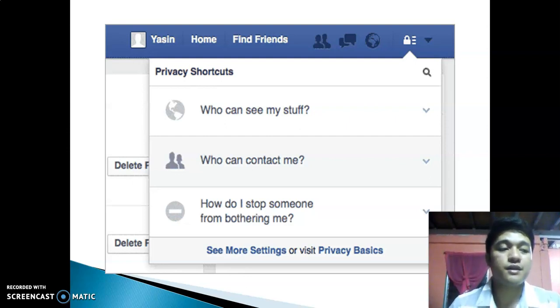So please be reminded of that. We must check our privacy settings to see to it that only direct friends or those we know personally can see our posts on social media. You can also check if someone is using your account by checking the security and login.